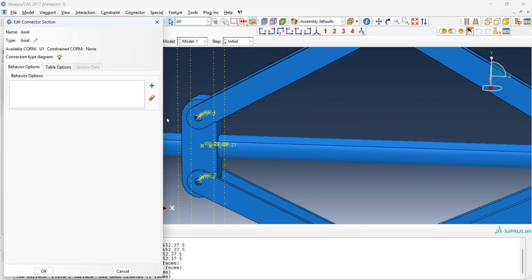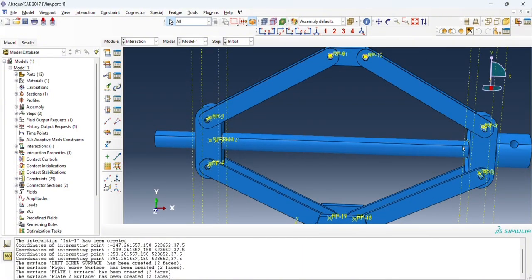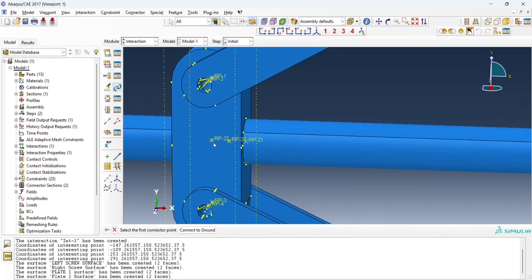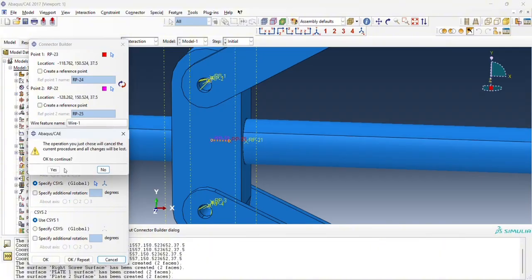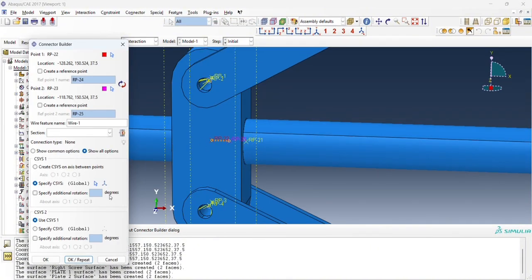So our right side is tie constraint, so left side here should be motion allowed. So we'll create one hinge between these two. We'll create one hinge between this one and this one. Not hinge but axle connection,